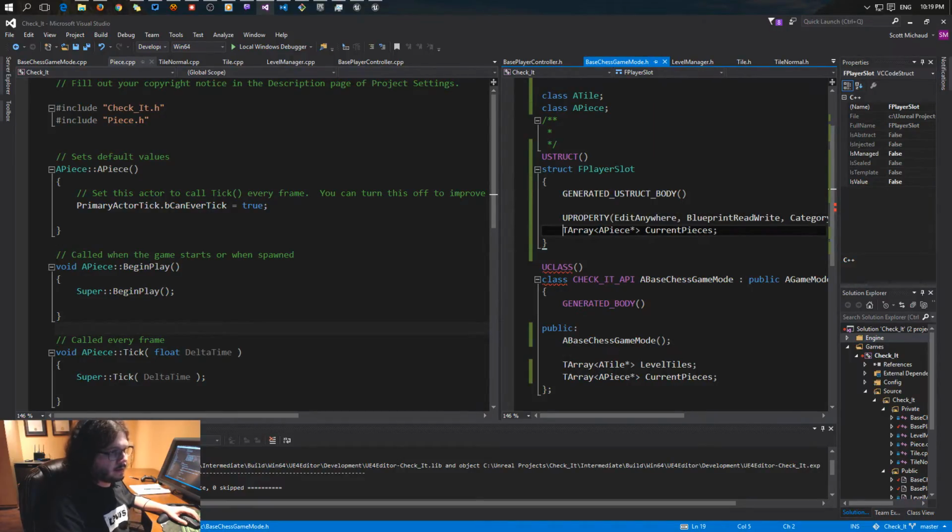I'm probably going to need to add more information to the player slot, like whether it's an AI or whether it's a human or disabled altogether, and so forth. But for now, I'm just going to keep track of the number of pieces. So now here, instead of having a TArray of pieces, I'm going to have a TArray of FPlayerSlot, and then current players. This would be players, or